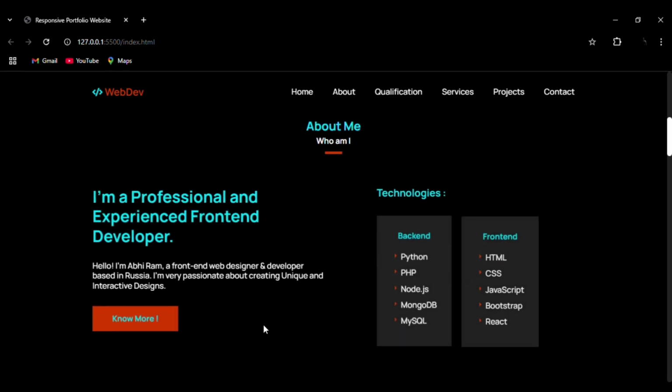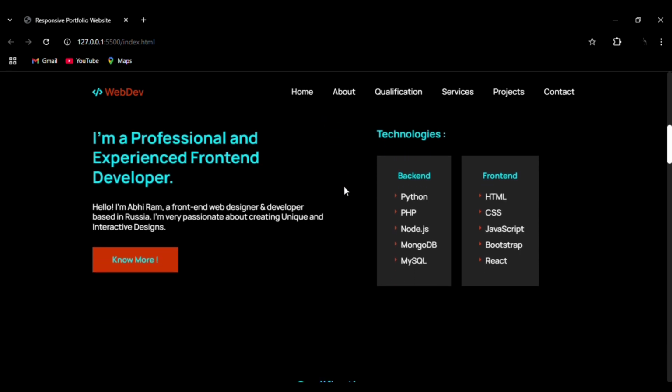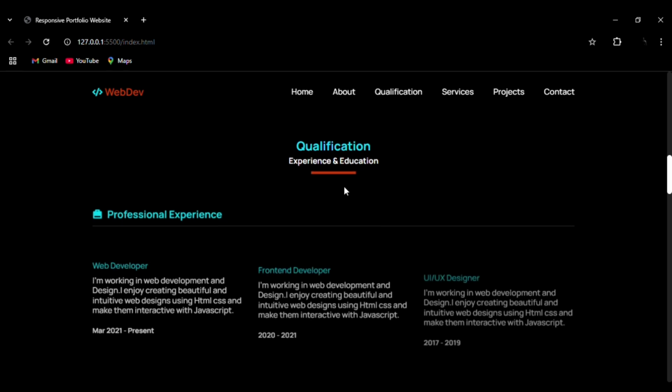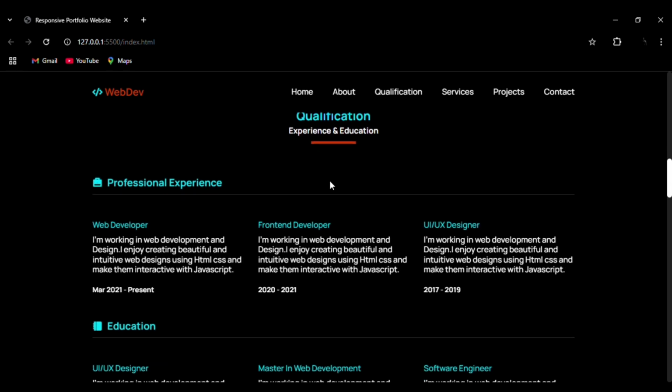You can see the hover effect on the button and you can see the technologies. This is the way that we have aligned backend and front end. You can see the icons that we have added before the technology name, and you can see how we align the subtitle element and as well as subtitle, and we have also added the underline using the after effect of CSS function. Then we can see the professional qualification, that is experience, and by using the grid we have aligned